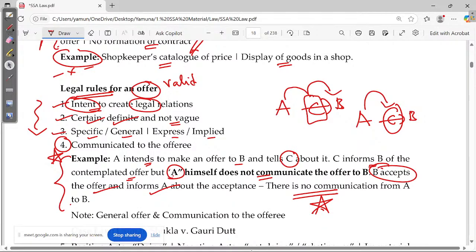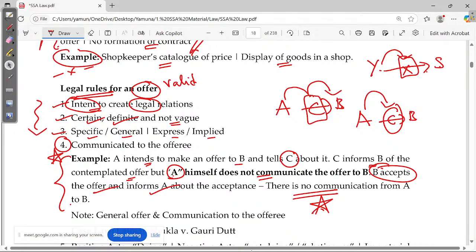Please try to understand. I was telling C, I'll give some names. Myself, Y. Shreyas is there, and you are X. I'm willing to sell my car to S, but I'm not saying it directly. I'm telling you, but I'm not telling you to convey it to Shreyas. Please understand. I'm telling you that I have a plan, an intention to give my car to Shreyas. I did not ask you to tell Shreyas. I'm just sharing that I have this intention.